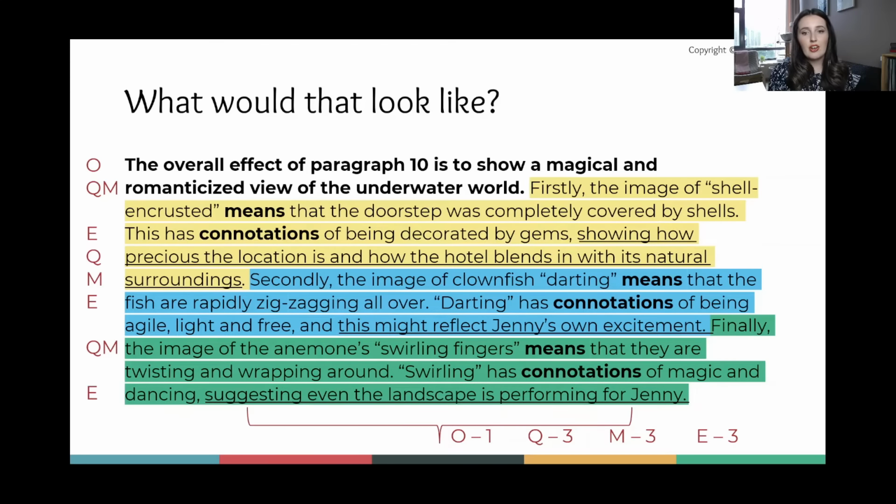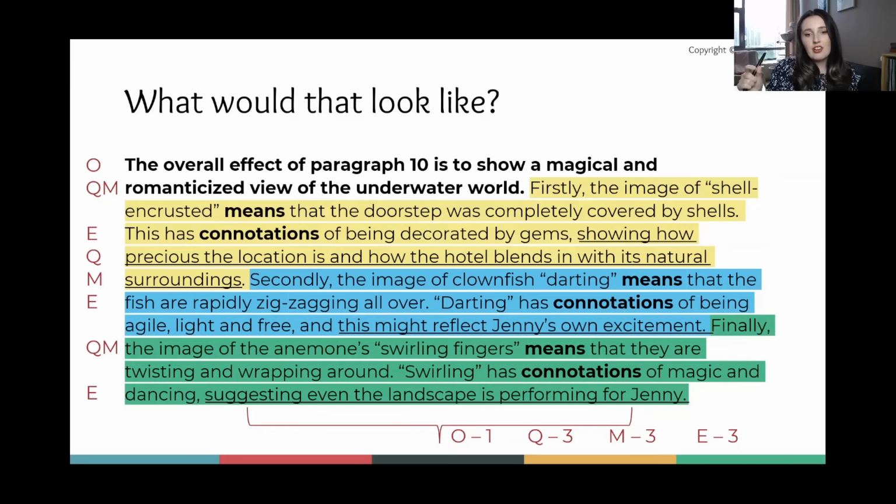So all of this together would be 15 out of 15. Obviously, you'd need to replicate it in your second paragraph, but this is the kind of thing that you are aiming to write today. Let me also just point out for you that the examiner will actually look for this. So the examiner will be ticking out